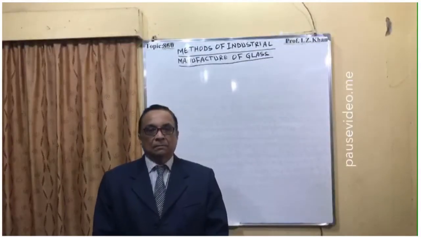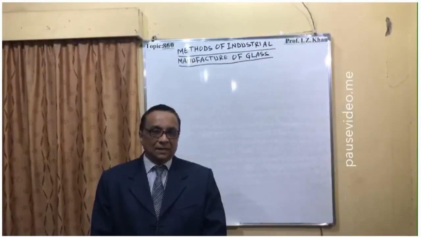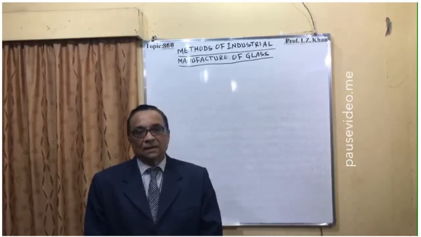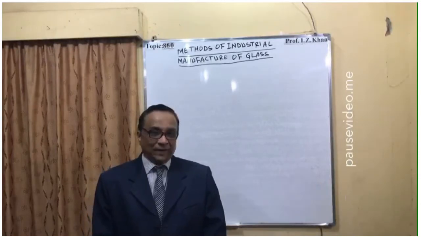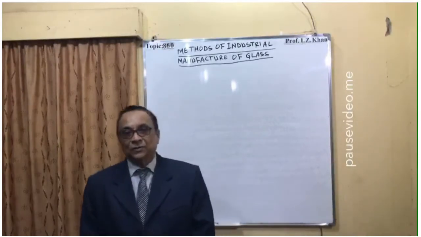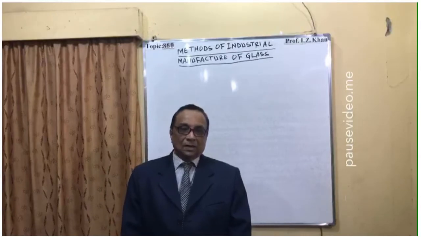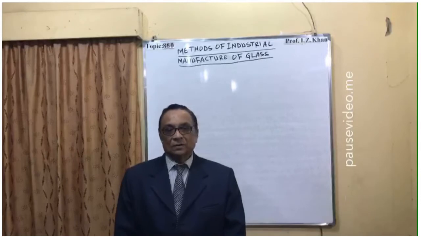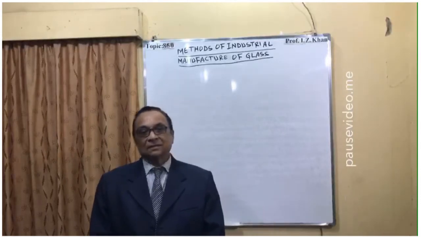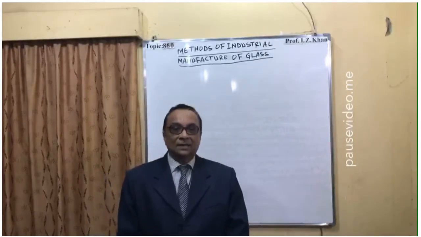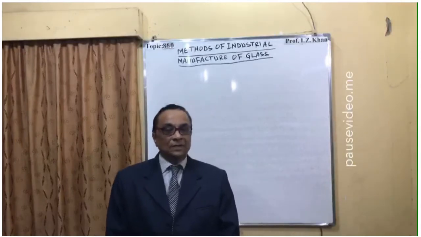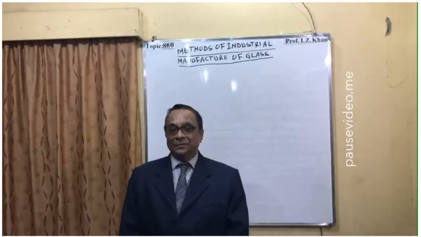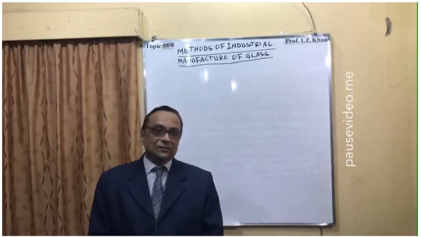Hello everyone, you are all welcome to lecture number 860, and today's topic is the methods of industrial manufacture of glass. Once we are aiming to manufacture the glass industrially, we have to follow some procedures, some methods. The first is the formation of batch material. Batch material means those glass forming materials like